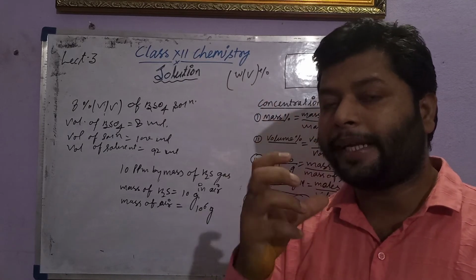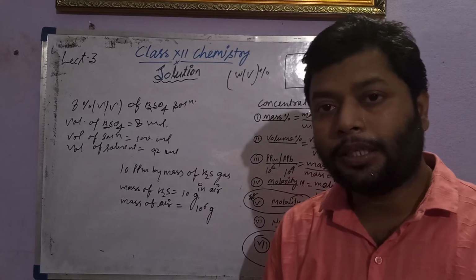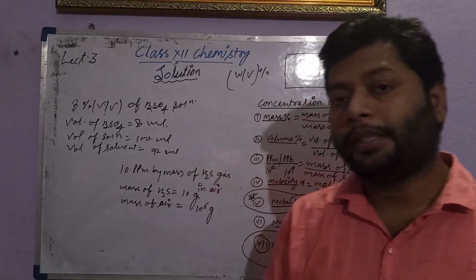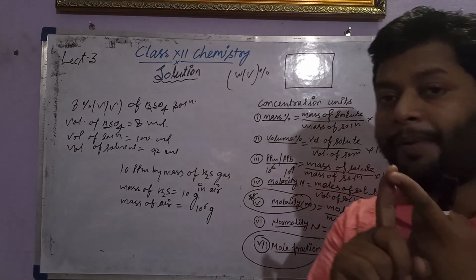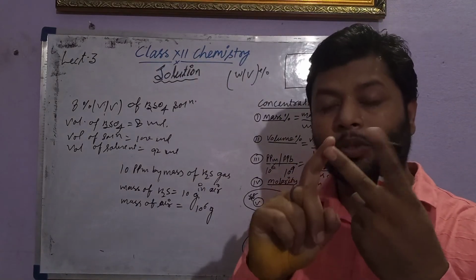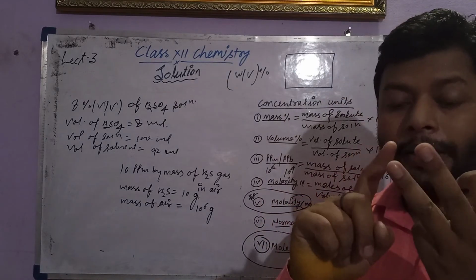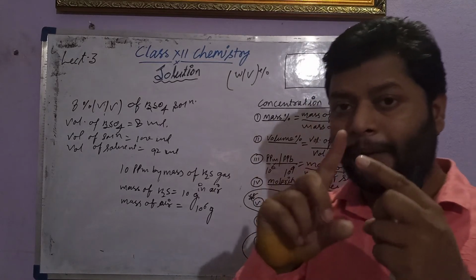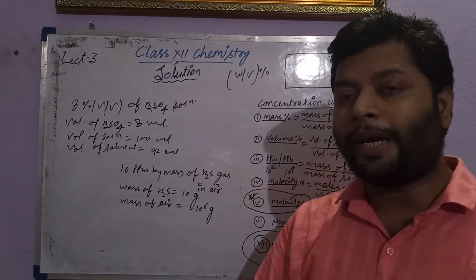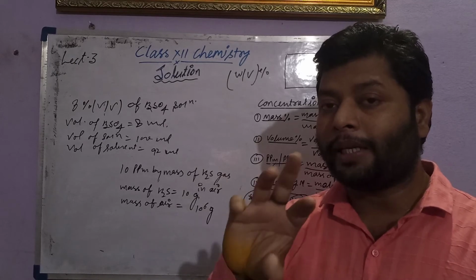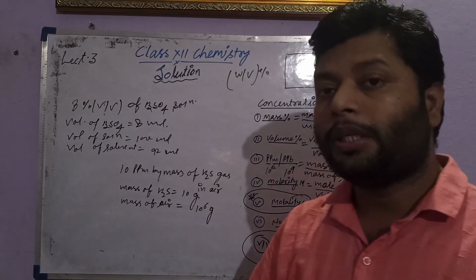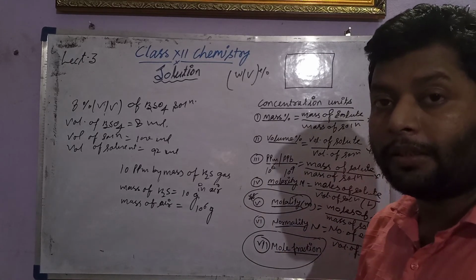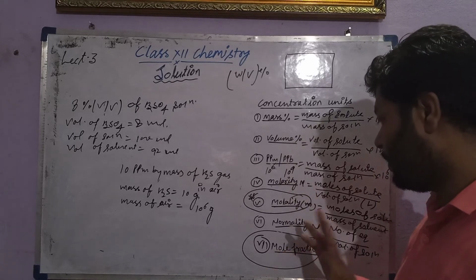The number of gram equivalents is the given mass upon equivalent mass. Equivalent mass means molecular mass upon valency. Valency indicates the dissociation of acid, meaning basicity, the dissociation of base, meaning acidity, or the dissociation of salt, meaning the ionization of salt into its ions. So dissociation of acid, base, and salt changes their valency, and that change in molecular mass gives the equivalent mass of the given substance. That indicates one of the concentration terms for a solution, called normality.